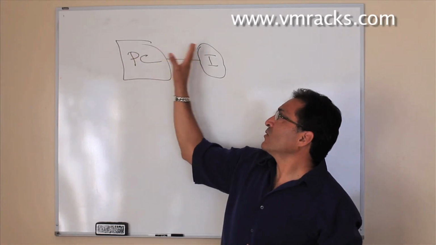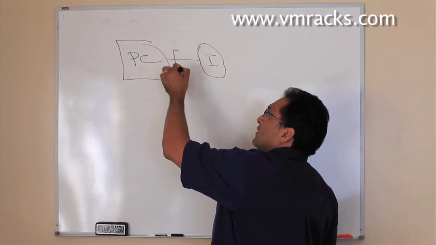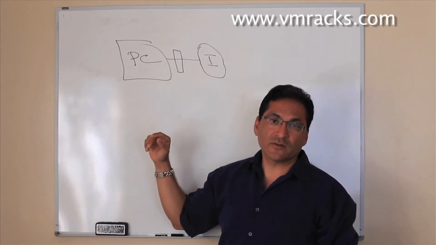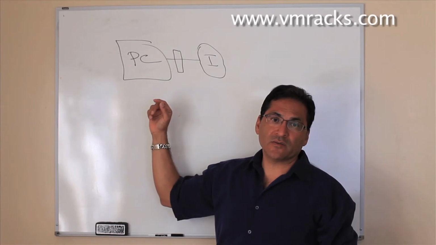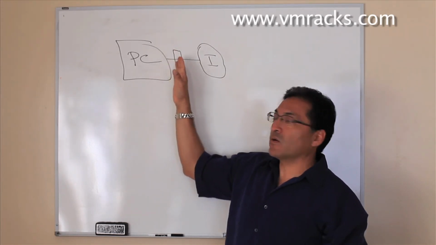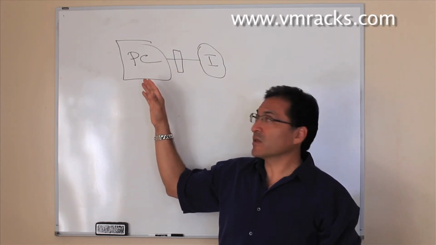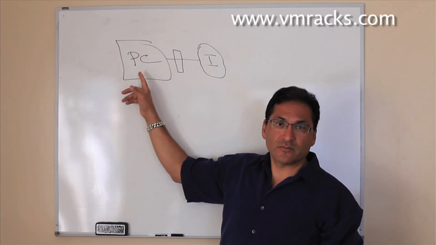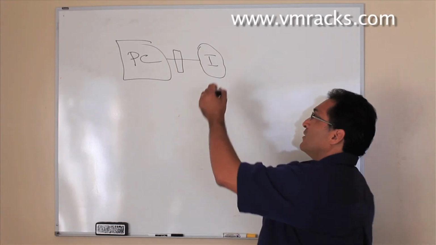Now, before it hits the internet, there's going to be some kind of a firewall that's placed between this PC and the internet. That firewall is meant to protect anyone from accessing this personal computer from the outside. This can get quite extensive. I'm not going to go into that detail just yet. We'll cover that a little bit later on. So the PHI data, protected health information, traverses the firewall, hits the internet, and